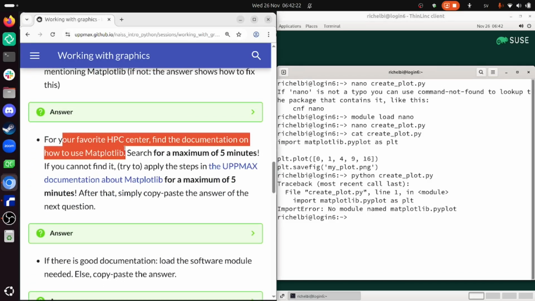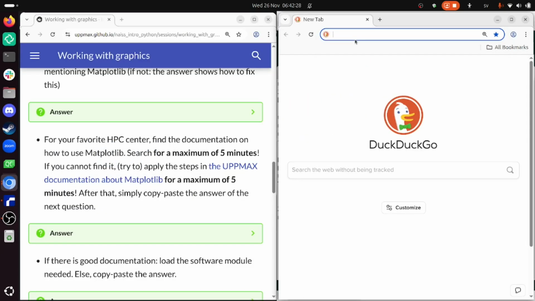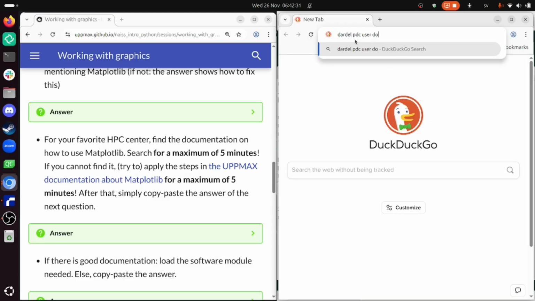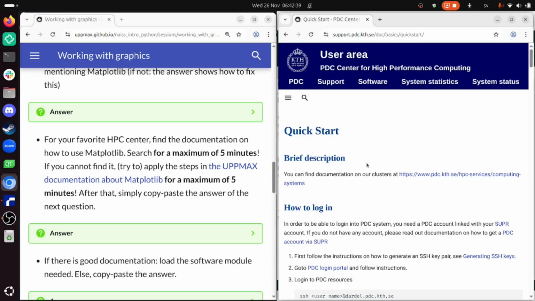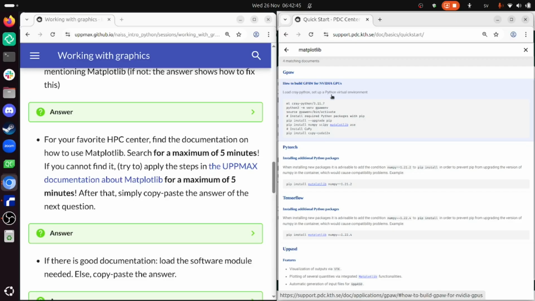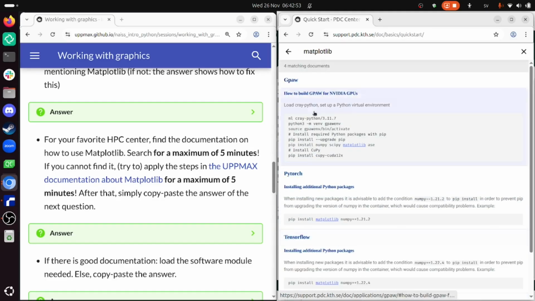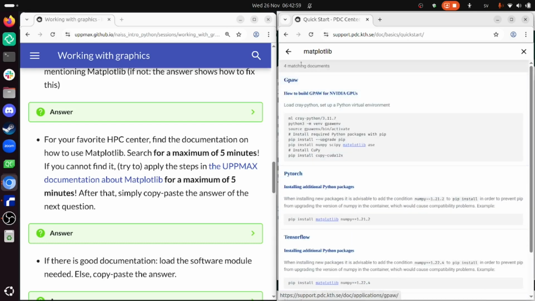For your favorite HPC center, find the documentation on how to use matplotlib. Let's do that. So I'm going to search for Dardel PDC user documentation matplotlib. Let's see where this takes us. This looks great. Here is the search button. I'm going to search for matplotlib. Taking a look at this documentation, I see that there's no documentation of matplotlib. There are only these four or five documents. So matplotlib is completely undocumented here at